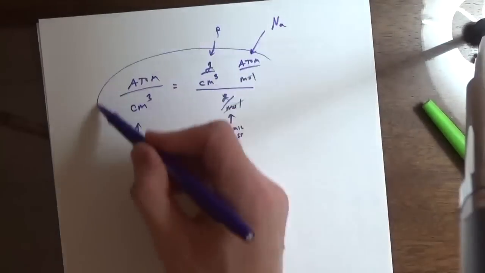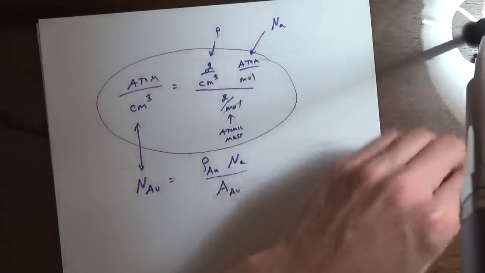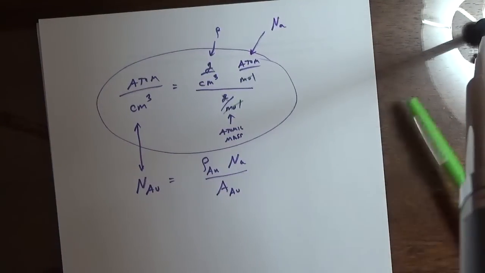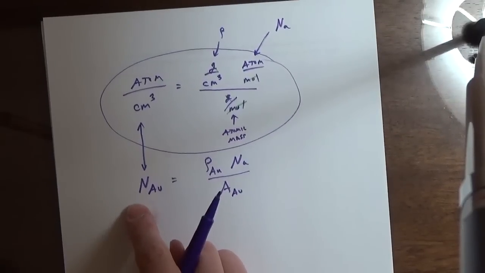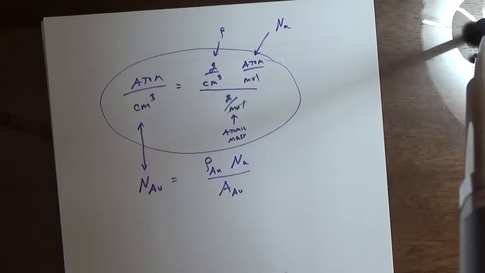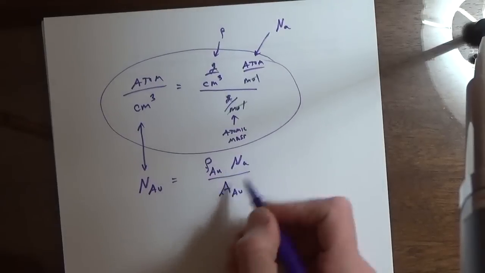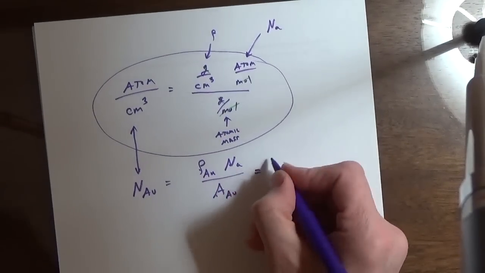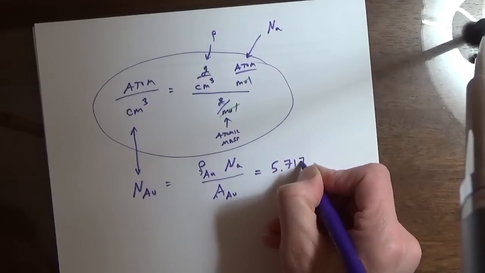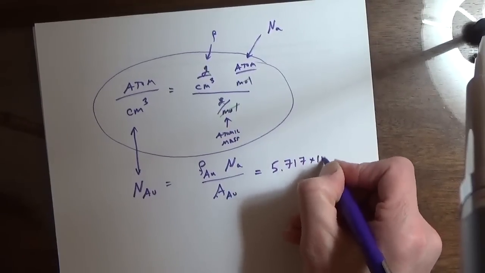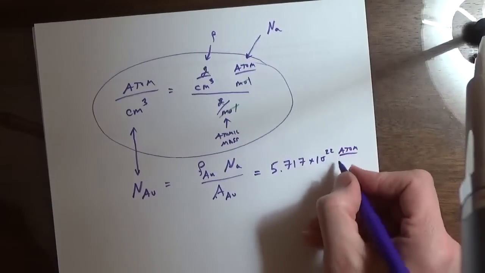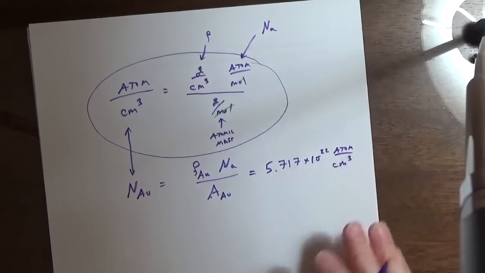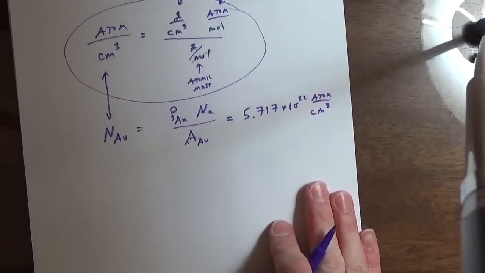So units are once again, for now and forever and for all time, your friend. This is the number of atoms per cubic volume. Okay, great. Substituting in our values, this gives us 5.717 times 10 to the 22 atom per cubic centimeter. Okay,